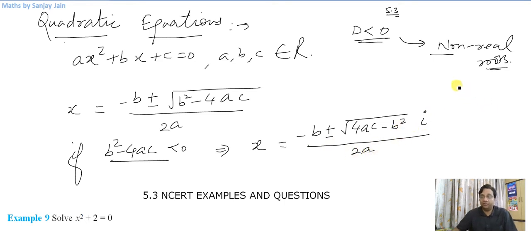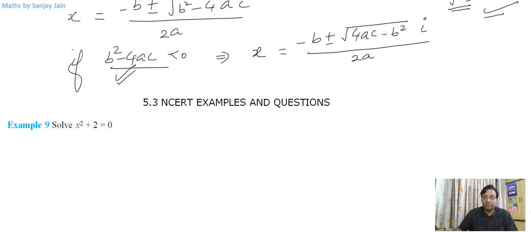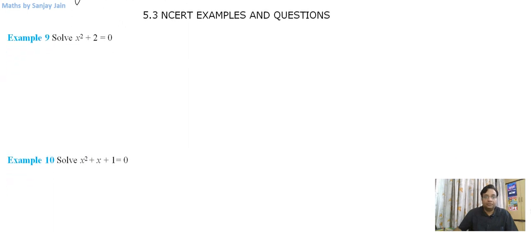What I mean is, if I have got, let us say, a negative inside this radical, for example b squared minus 4ac, if it is minus 3, then I'll write it as plus 3 inside, and then I'll take the square root of minus 1 outside, that is iota here. So b squared minus 4ac, if it is negative, then I'll write it as 4ac minus b squared and then take iota outside. So let's do these questions. You'll be clear about this because we have studied quadratic equations in class 10th. So we should be very comfortable in this chapter because we will be applying the quadratic formula most of the time, which is minus b plus minus square root of the discriminant divided by 2a.